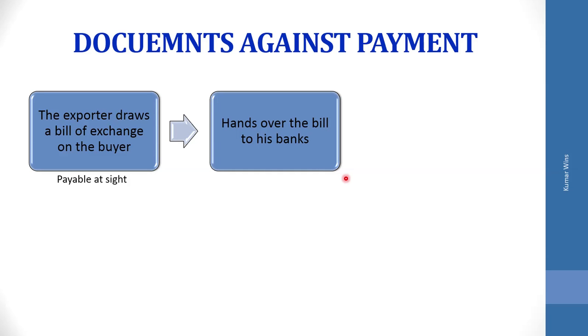So these bills are presented to the buyer for payment through a branch or a correspondent in the buyer's country. The amount is realized and remitted back to the exporter's bank or his account. It looks to be a very risk-free way of doing export business, but let's see if there are any risks